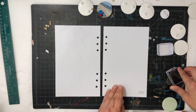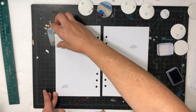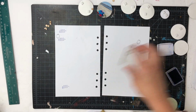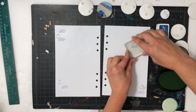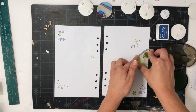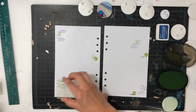And that's because this is take 2 of this project. I didn't like what I came up with the first time, I really didn't like it. So I took it all apart and I started over, and I wanted to focus on the softer colors of green and blue. So I took the tree stamp set, which has a lot of great pattern building type of